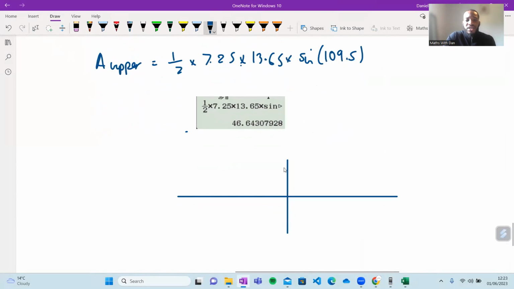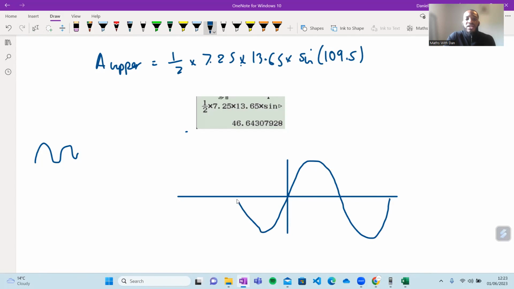It's a wave like this. It starts at the origin, has a maximum point here, goes down like this. This is the sine graph. Can somebody tell me, please, what the maximum and minimum values of the sine graph are? Thank you very much, Elio. It's 1 and -1. Thank you very much, Q. Your name is just Q in the chat, so I'm going to call you Q. It's between 1 and -1.